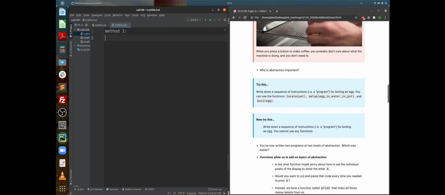So in method 1, we're trying to boil an egg, and you have three functions which you can use. And let's just say that these three functions cover all of the different things that you have to do to boil an egg. So first you're going to locate the pot, and let's assume that when you call the function, it will do all of the things necessary to find the pot. Let's say you then set up your egg, and